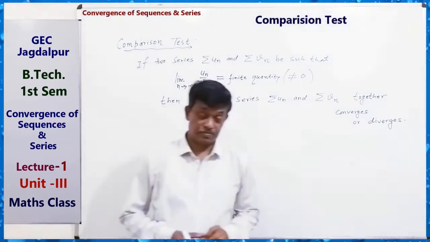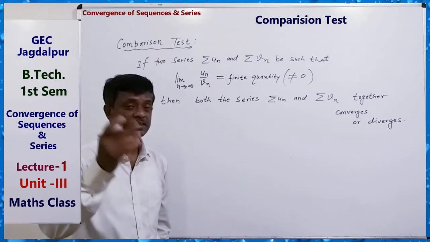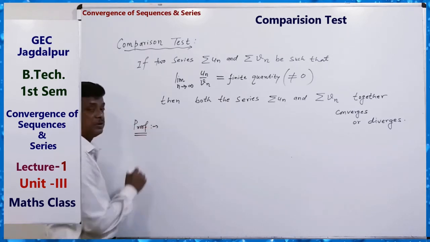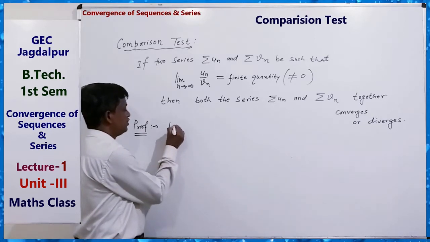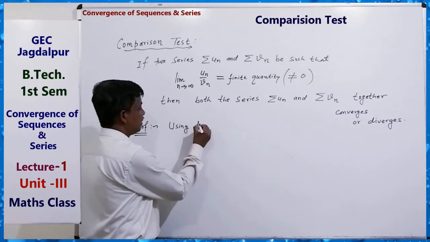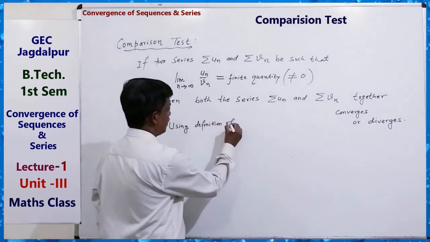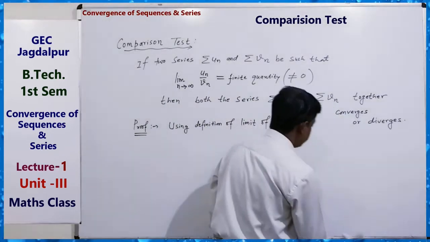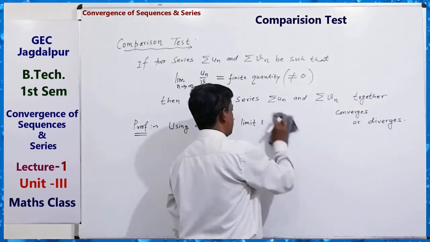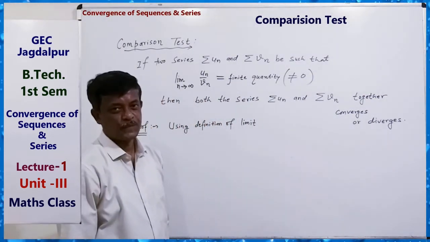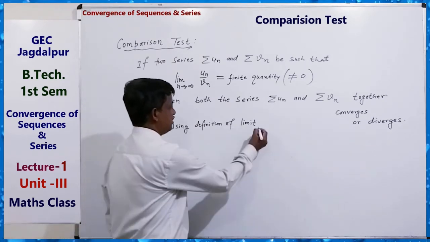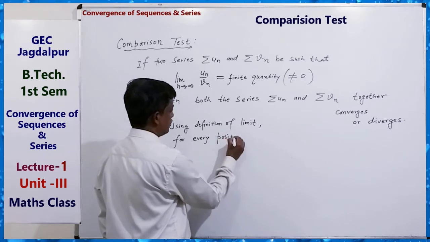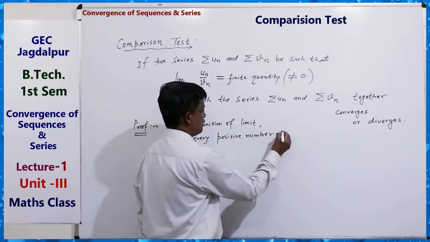Okay. So it can be proved very simply by using the definition of limit. Its proof is very simple. Using the definition of limit of a sequence: for every positive number epsilon greater than 0,